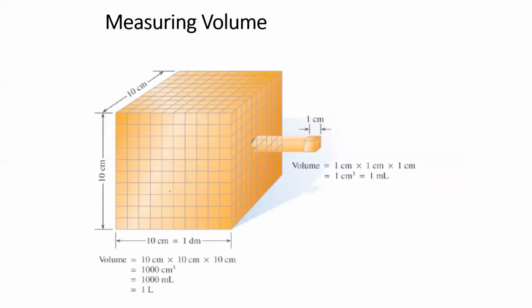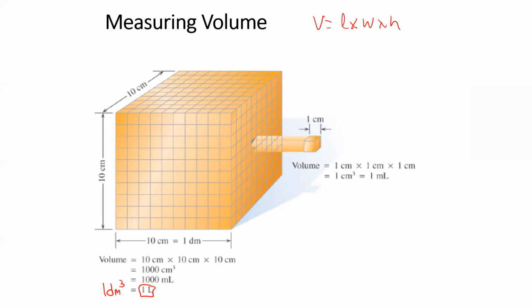Now, what about volume? Well, if we look at volume, we can't forget that volume is length times width times height, okay? And what they're showing for this volume is we have 1 liter. And the 1 liter is 10 centimeter by 10 centimeter by 10 centimeter. Really, this 1 liter, if 1 decimeter is 10 centimeters, we just saw that with the ruler, right? This 1 liter is